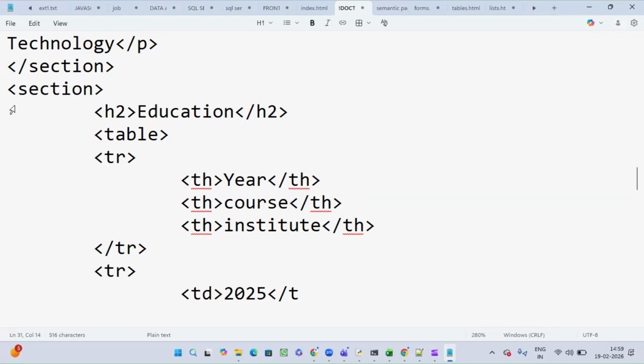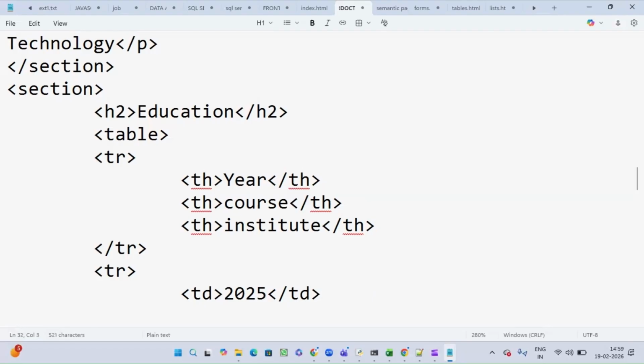In my case, I'm giving only the year of passed out, the course and the institution. If you want to display your grade, marks or CGPA details, you can mention that column also. So I'm closing this TD tag,